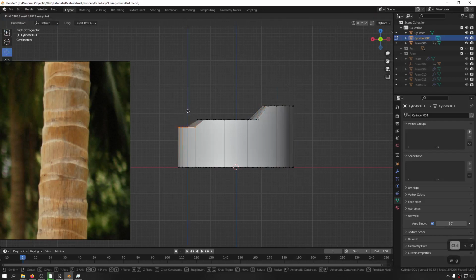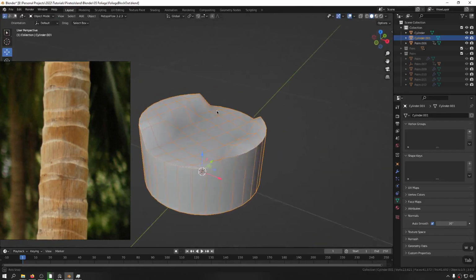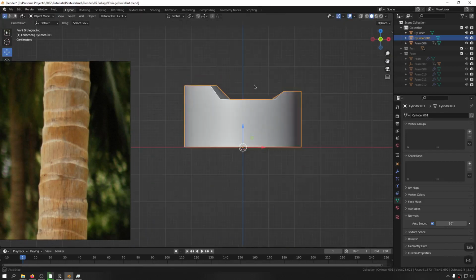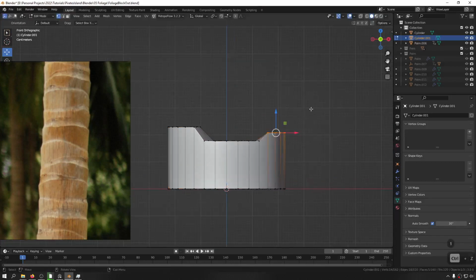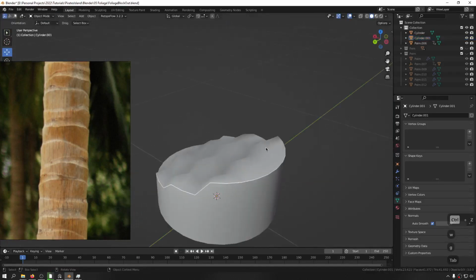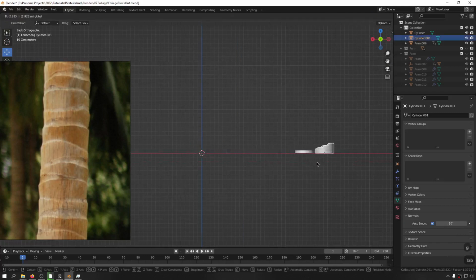Of course, later on we're gonna fix all of this inside ZBrush. When we start to smooth this out, you're gonna see that there's not really a problem in this area. So let's take this and bring this down. So something like this. Let's take this one, bring it here,